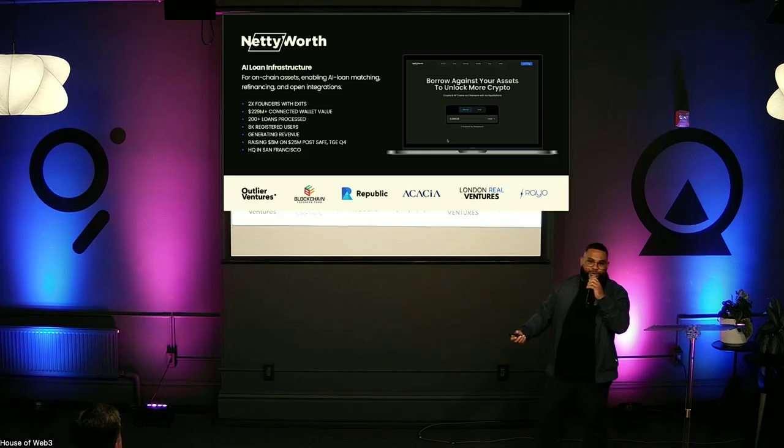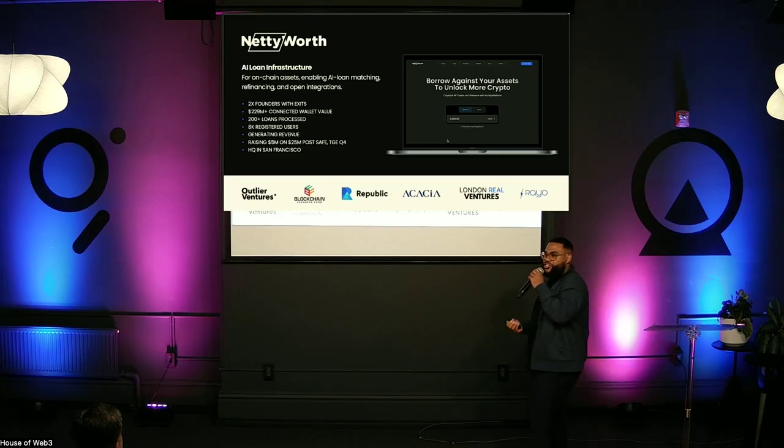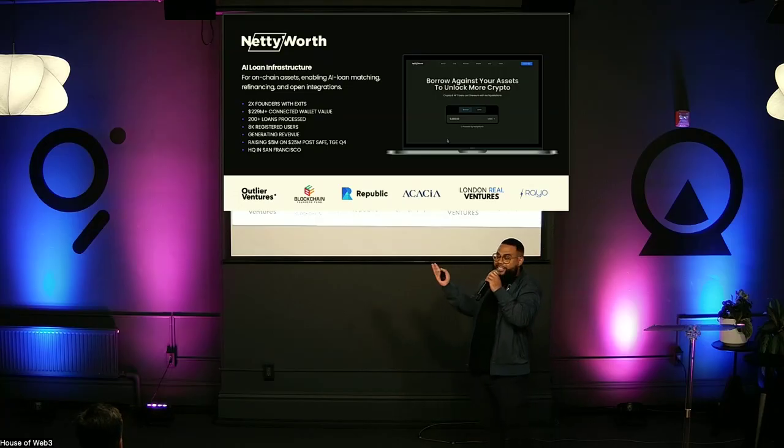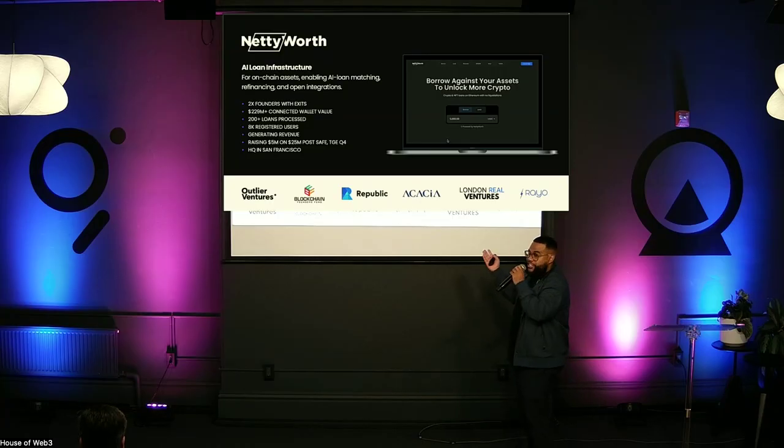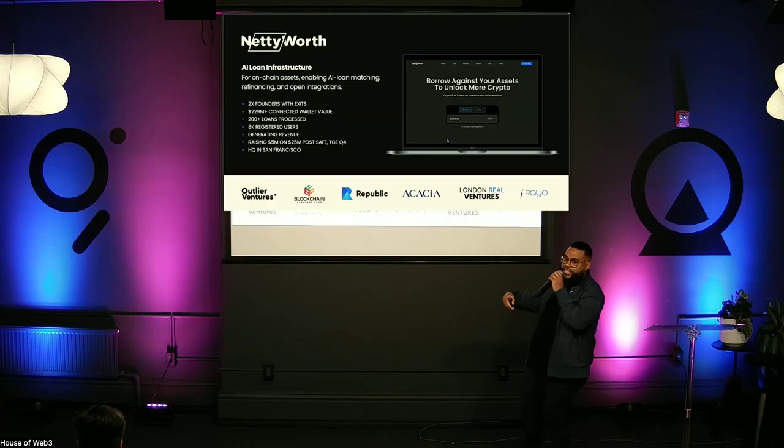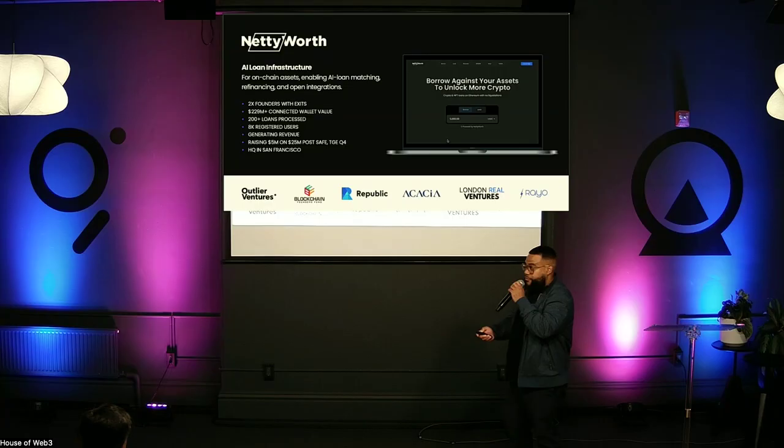We're the first AI loan infrastructure that enables users to borrow and lend against both digital and real-world assets. We do that by loan matching, refinancing, and open integration. Over the past year and a half, we reached over 229 million in connected wallet value. We've just surpassed over 200 loans processed and already have over 8,000 registered users. We've also raised venture capital from Outlier Ventures, Republic, Acacia, London Real Ventures, Gabby from YGG, and a few YC